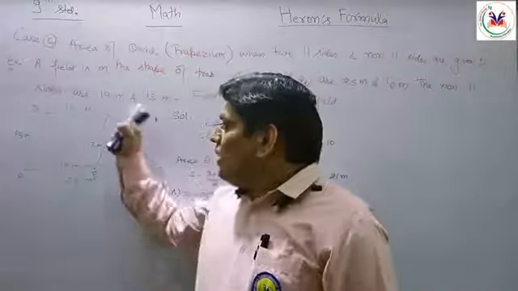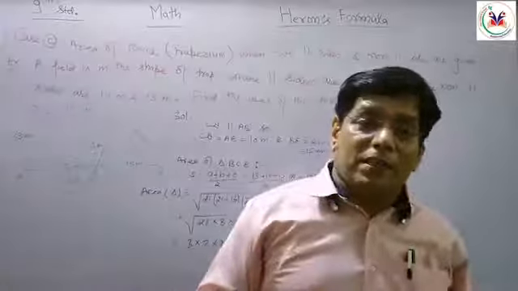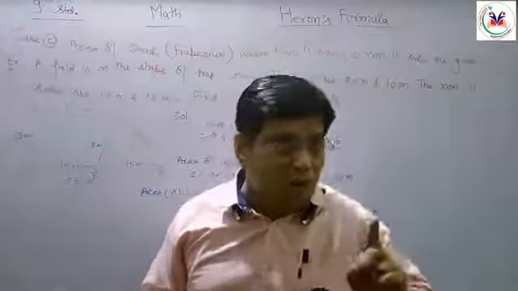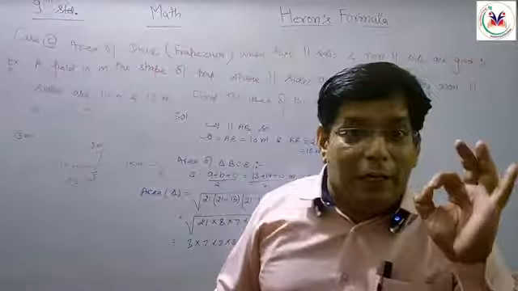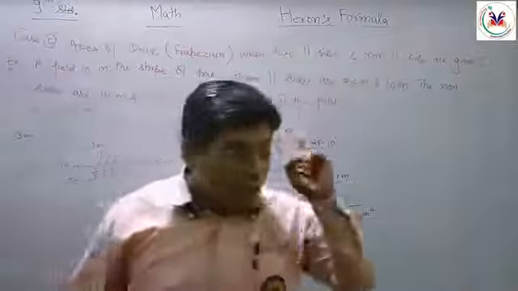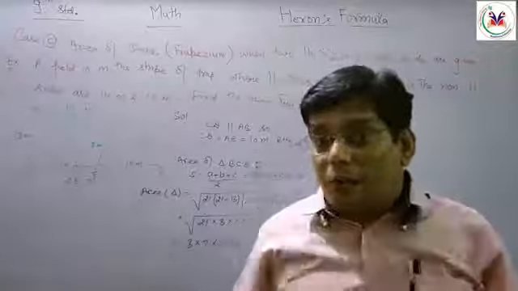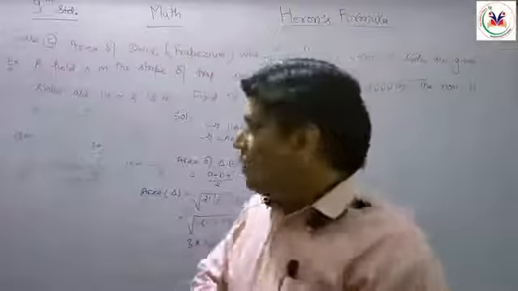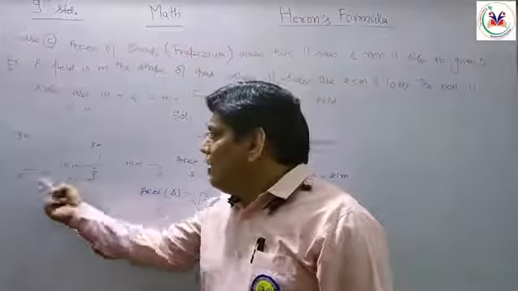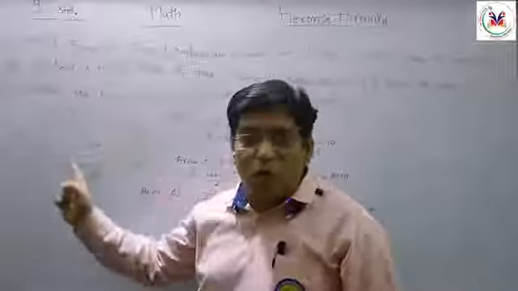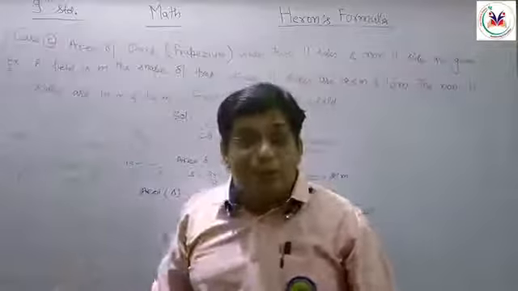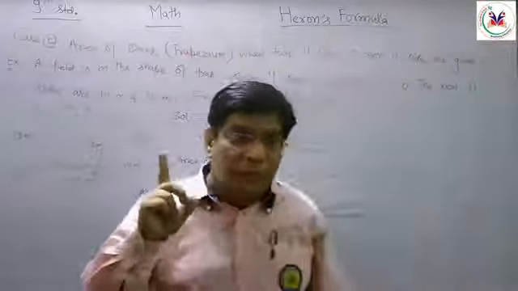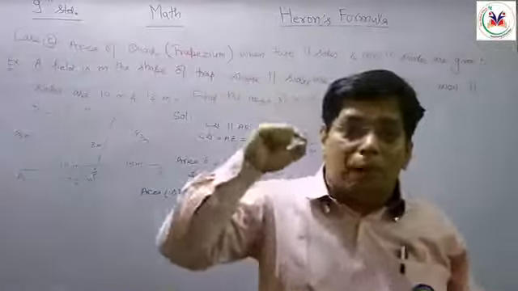whenever we go for the area of trapezium, जब हमें area of trapezium calculate करना होता है तो वो area of trapezium होगा half sum of parallel sides into height. मैं repeat कर रहा हूं, whenever we are going to calculate the area of trapezium, then the area of trapezium must be half sum of parallel sides. So for the sum of parallel sides, the two parallel sides AB and CD are given. So 25 plus 10 we can calculate. But the thing is that height is not given, because on the first day I told you regarding the height, height must be perpendicular.